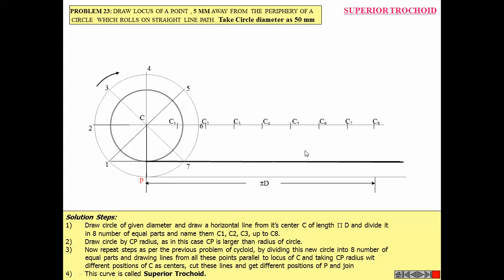Now we will draw horizontal lines first. See, in the earlier case we drew horizontal lines from the circles. It is not in that way. Horizontal lines are to be marked from the location of P. In the previous case, it was on the circle only, so we directly took from that. Now it is outside, so we will take from that outside circle. You don't get confused. Okay? You need to take horizontal projections from the point, the circle which is consisting of that point we are looking for. Fine.